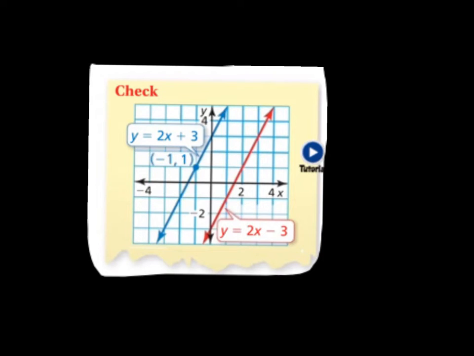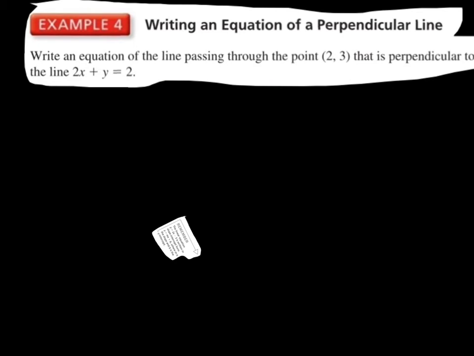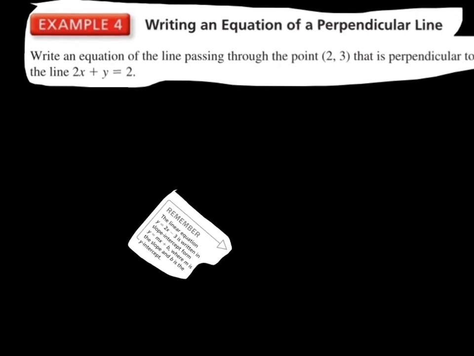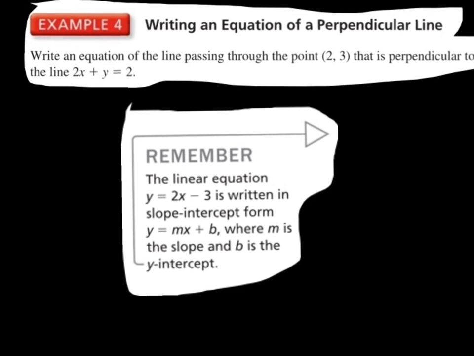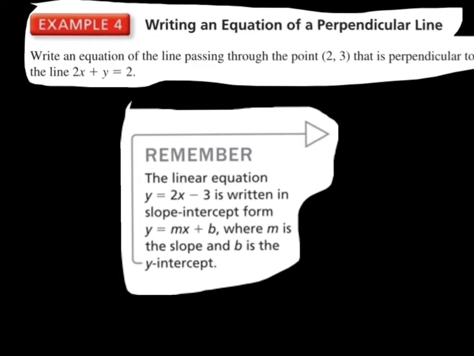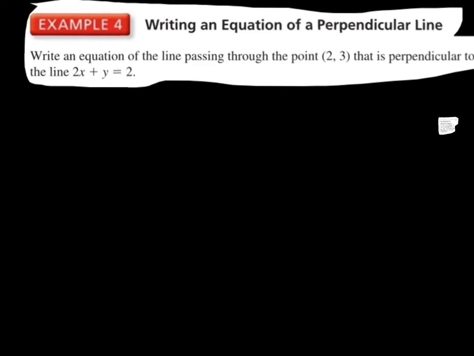So now I'm going to show you how to write an equation of a perpendicular line. So here's example number 4, write an equation of a perpendicular line. Write an equation of a line that passes through the point 2, 3 that is perpendicular to the line 2x plus y equals 2. Well, the first thing we want to do is, if you remember, a linear equation that we like the best is in the form y equals mx plus b. But if you notice, what form do we have in the example? Correct, standard form. So we want to take standard form and put it into